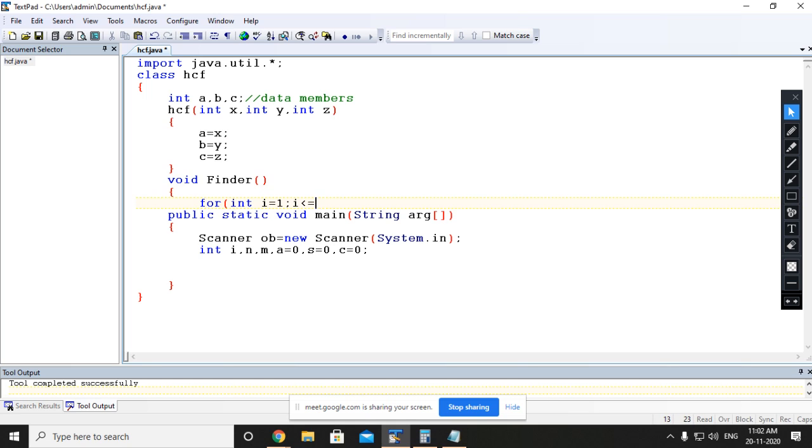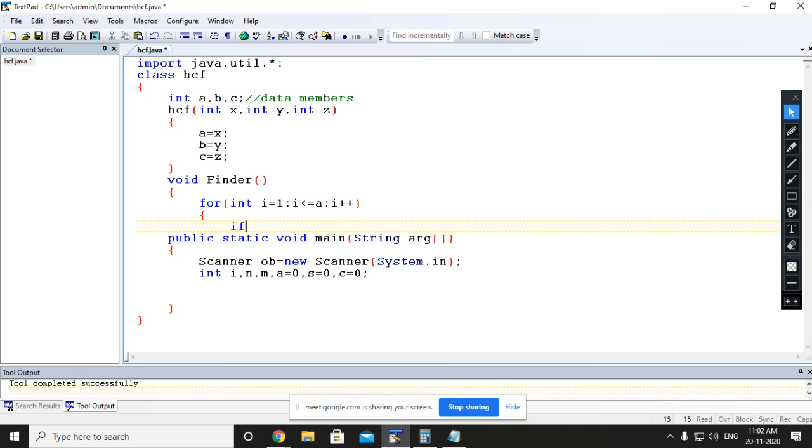So for that we are using the basic logic which we have done number of times, and this A, B and C we have declared in the global area as data members. Because of that we can use them anywhere in any method.